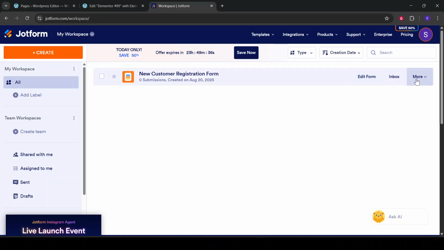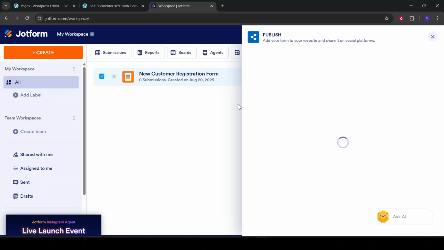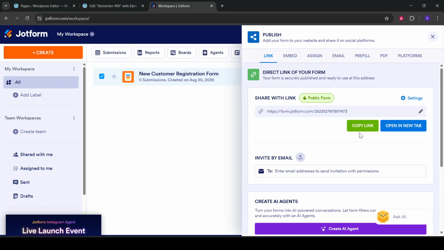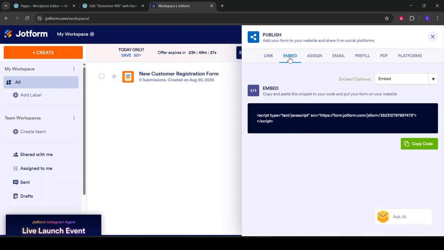Click on More, then select Publish from the drop-down menu. This will direct you to the Publish settings of your form. Now, look under Platforms for WordPress. This is because Elementor is a WordPress plugin, and this integration is the key to embedding your form successfully on